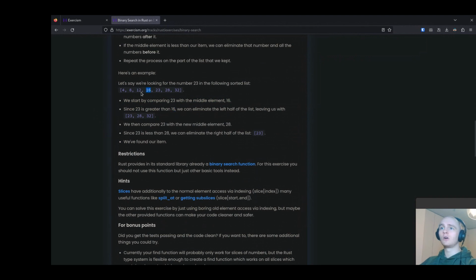Because we know that the array is sorted and 23 is greater than 16, we know that the entire left half of the array must contain elements smaller than 16, smaller than or equal. Therefore, we can throw away this entire half. And by using this method until,